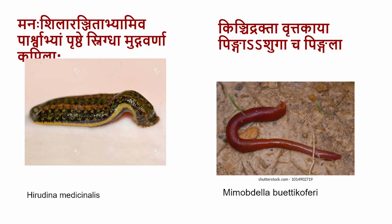Kapila is where you will have a Manashila-like, somewhat greenish tint, and over the sides you'll see a line like this. This is typically the Hirudo medicinalis, the most frequently used species. Whenever you select leeches, it's better to have this kind of appearance, these physical features. Hirudo medicinalis is universally used for treatment throughout the world, and hence probably the Kapila variety of the Jaloka